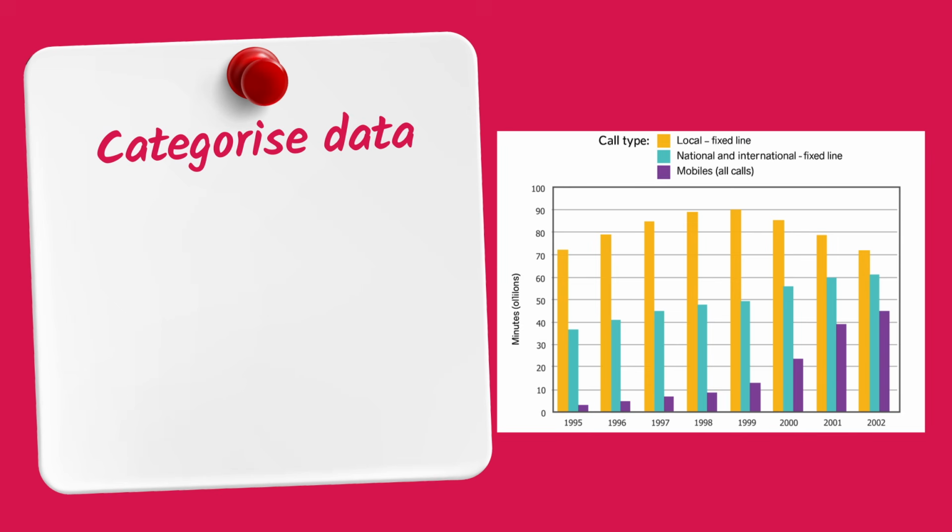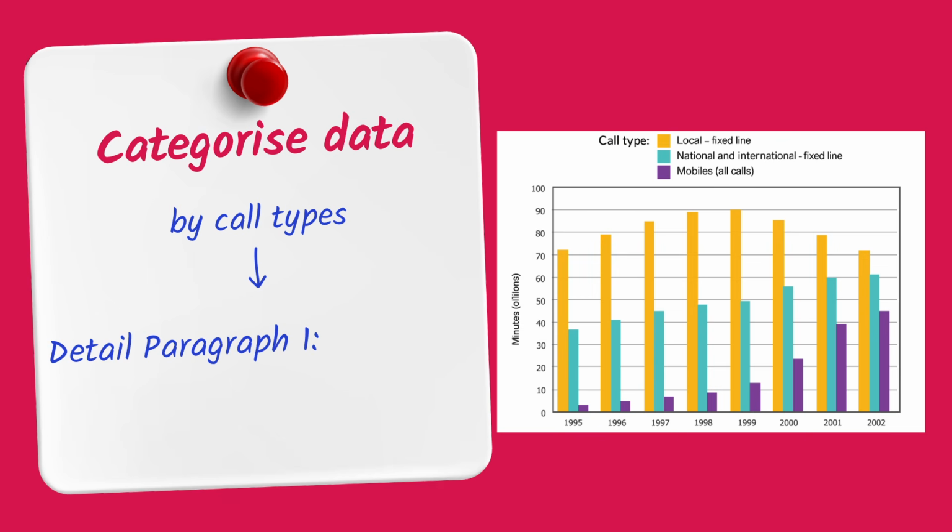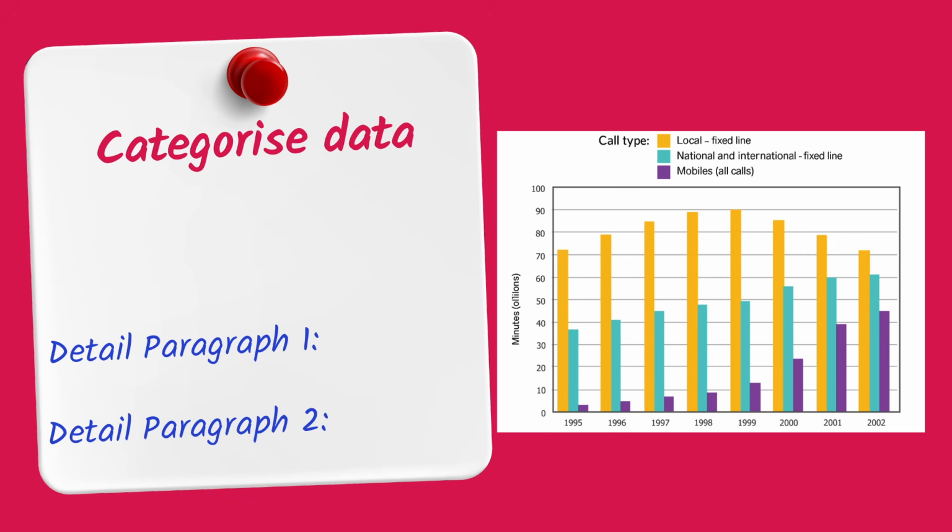Sometimes students categorize data based on the call types. For example, they dedicate one detailed paragraph talking about local fixed line, and the second detailed paragraph is about national and mobiles. What I'm going to do here is that in my paragraph 3, I'm going to divide